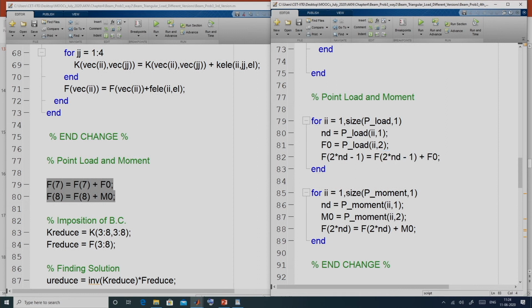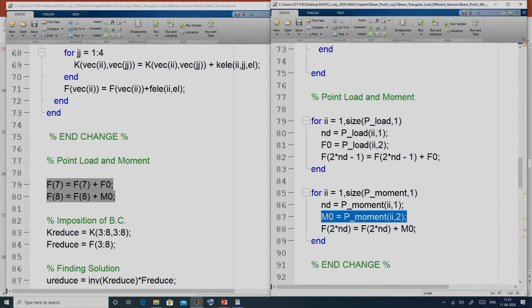Similarly, there is another loop run for the row number of that P moment. So, this is the moment value from the second column, the node number from the first column. Here it will be added to 2 into node, that is the second degree of freedom for that node. So, we add this moment value.